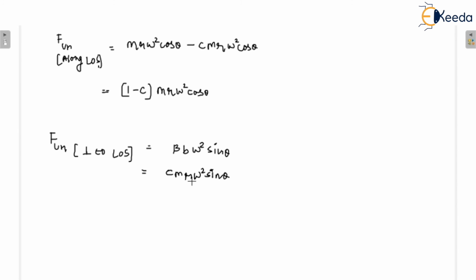So we are discussing the partial balancing of the reciprocating masses. You just have to remember one theoretical point: we only do partial balancing for reciprocating masses. We don't do full balancing of reciprocating masses. We do complete balancing of rotating masses, but we do partial balancing of reciprocating masses. This is a statement you must remember.